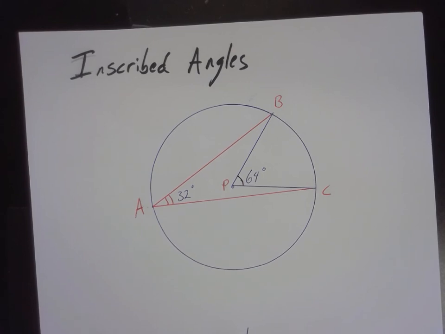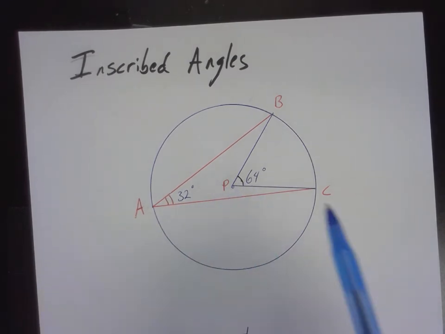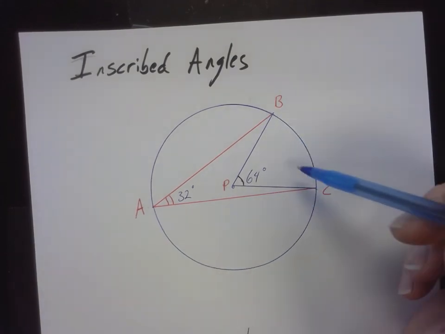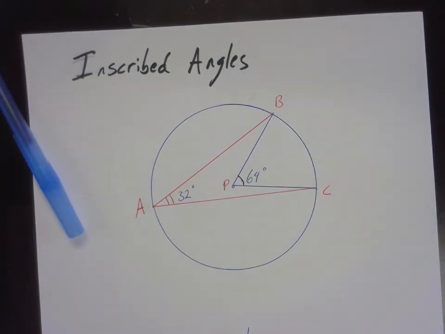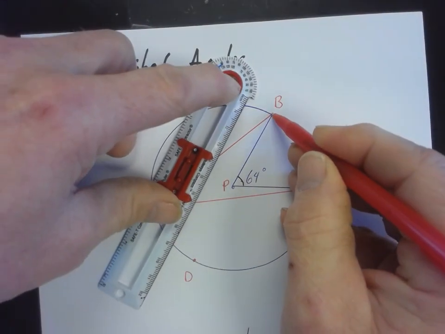Okay. Now your brains have had a time to digest that for a second. What do you think about inscribed angles in comparison to central angles? And it's half. So it's half the intercepted arc rather than the same as the intercepted arc. And let me show you a few things here. If I put a different point over here, point D, and it intercepts